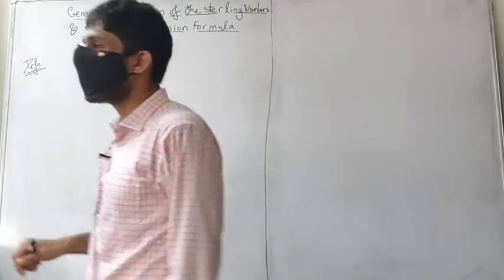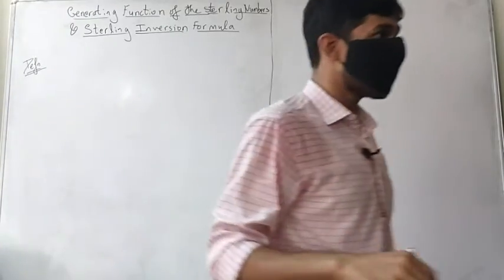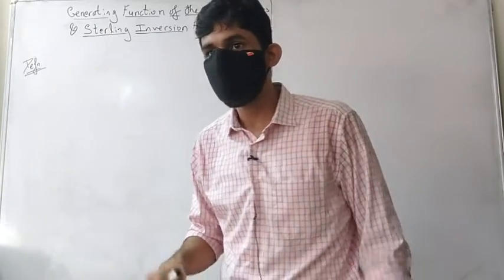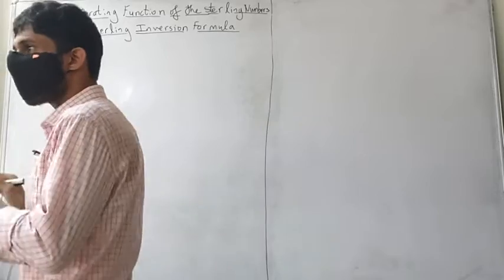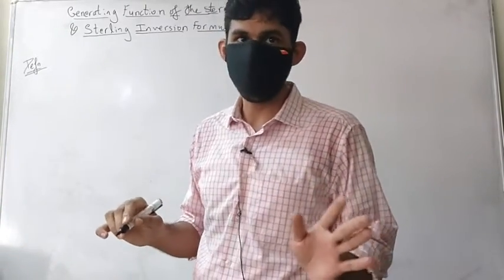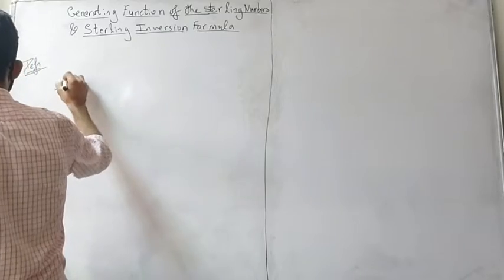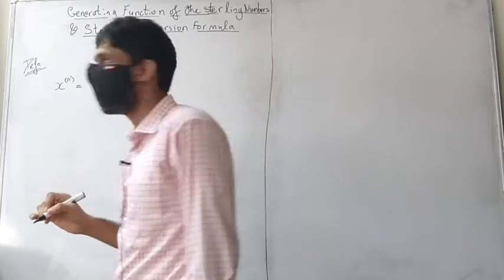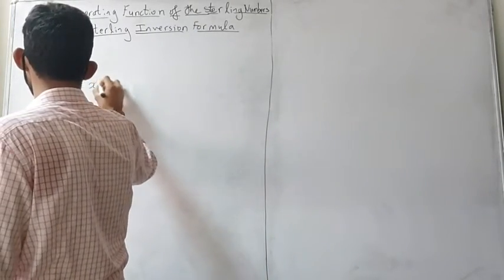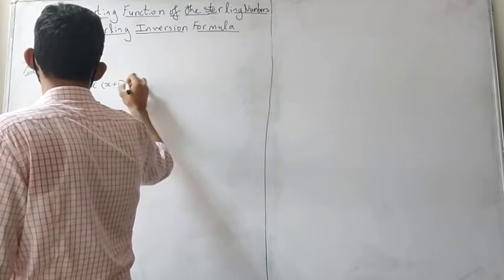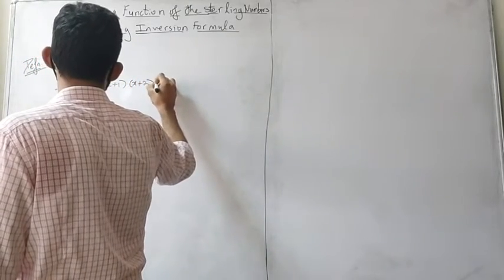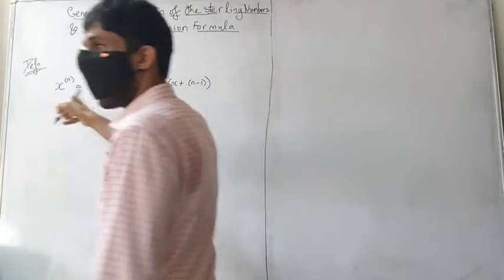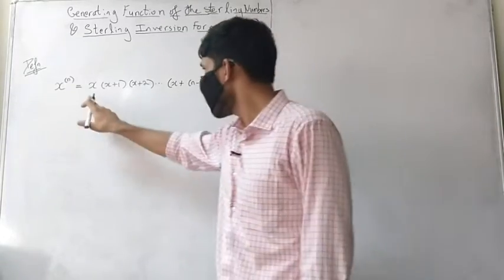So one is called the rising factorial function, and the other one is called the falling factorial function. Okay. So the rising factorial function is like this. Both of them are nth degree polynomials, which we are going to denote like this. This is the rising factorial function, and I think all of you would agree with this. This is just x times x plus 1, x plus 2 up to x plus n minus 1. Okay, that's exactly n of these products,